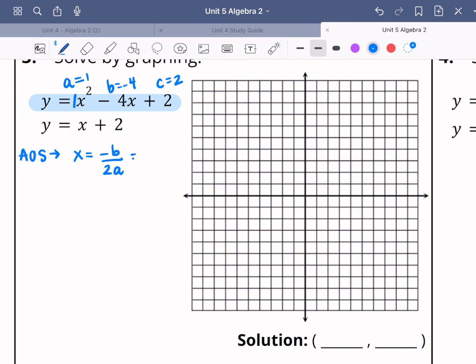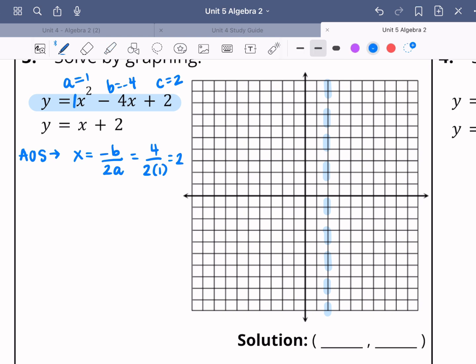So when I substitute these into the formula, I'll have -(-4), or just 4 on top. And then my a is 1, so I have 2 times 1 in the bottom. And this just equals 2 overall. So that means my axis of symmetry is at 2 on the x. So this is x equals 2. So that's going to be the middle of the parabola, or the line of symmetry that goes down the center